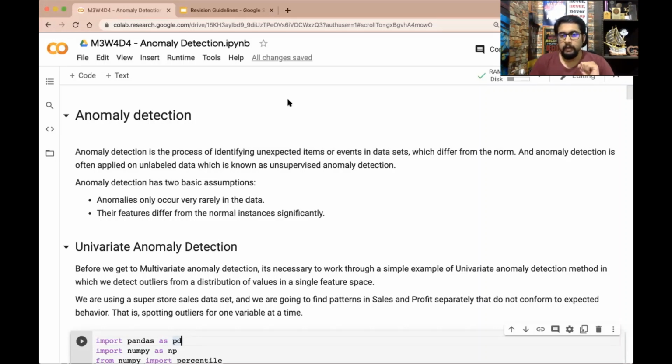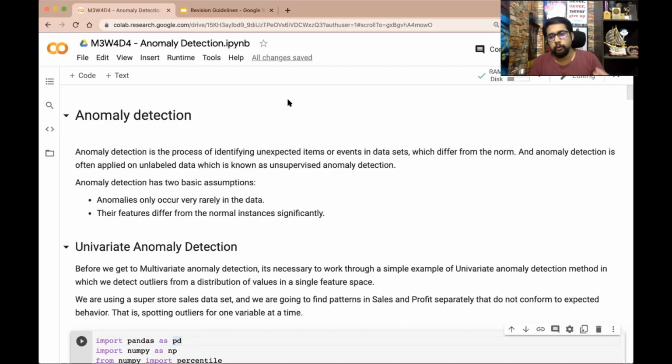Now let's say you are using just one feature to detect whether it is fraudulent or not. There will be all sorts of amounts of transactions, varied amounts. Let's say there is one transaction. If you just look at one variable, which is the amount,